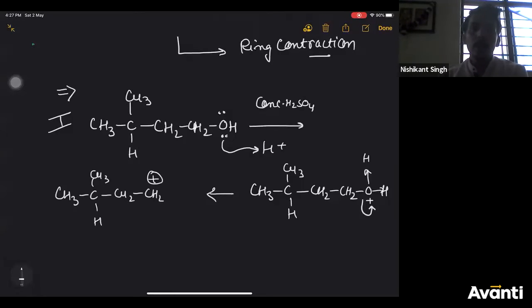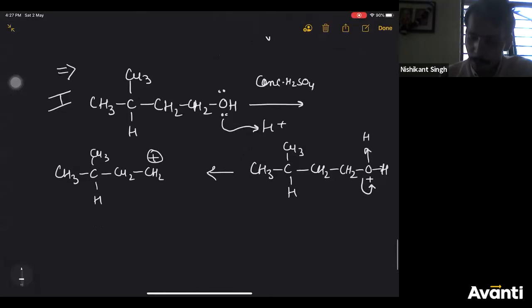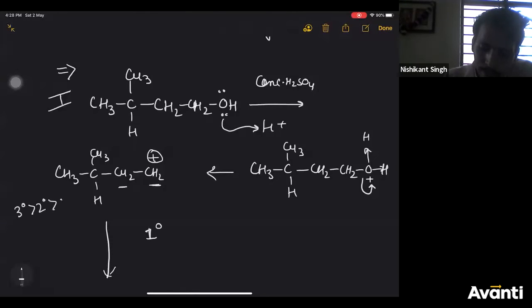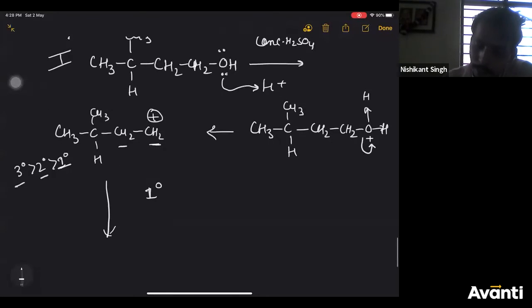The carbocation is this. Now all of you see, what is the nature of this carbocation? The carbon having positive charge is bonded to one carbon directly. So this carbocation is primary in nature. We know the order of stability of carbocations: tertiary is more stable than secondary, then primary. So a primary carbocation will always try to rearrange to secondary. Secondary will try to rearrange to tertiary, right? Let us take examples. Now what I'm doing here is I'm going to write this CH2 as H bond separated.